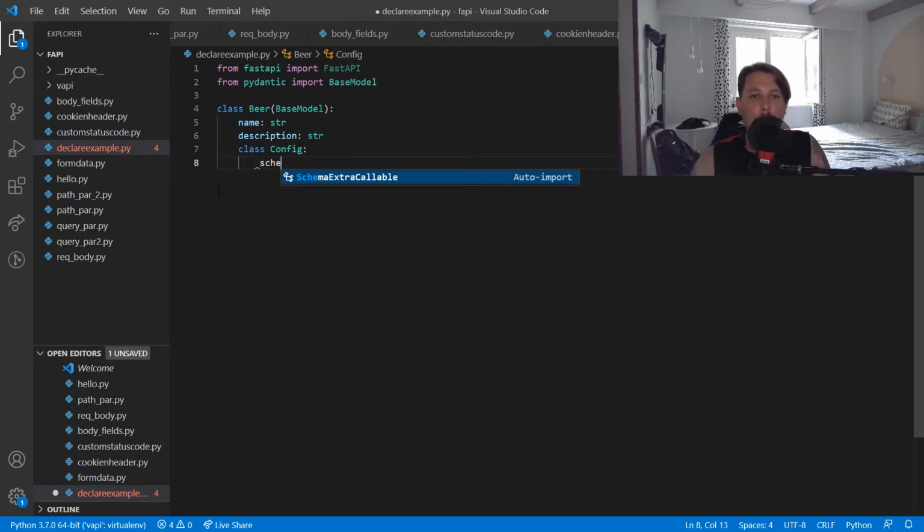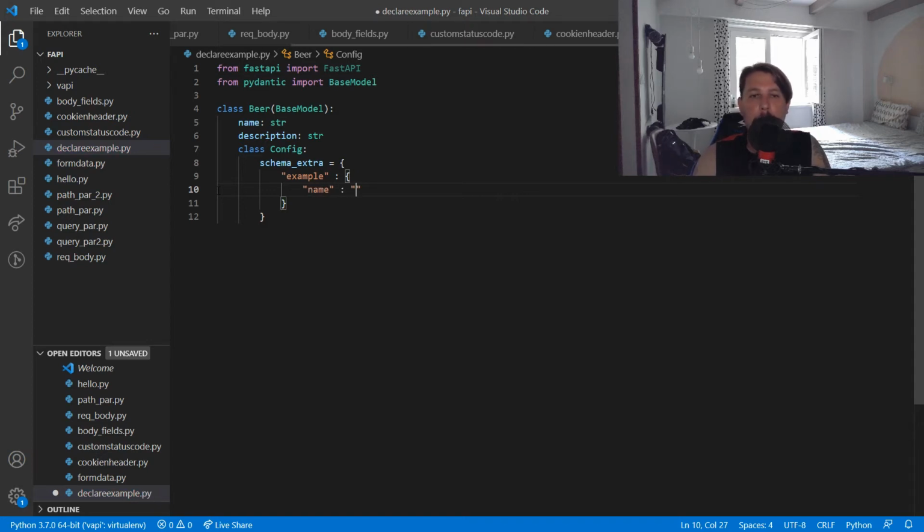We would like to call this property of the class schema_extra, and it is going to be a dictionary. And here we would like to have an example, which is also going to be a dictionary inside this dictionary, and we will have a name,